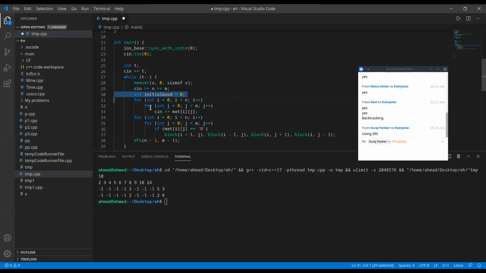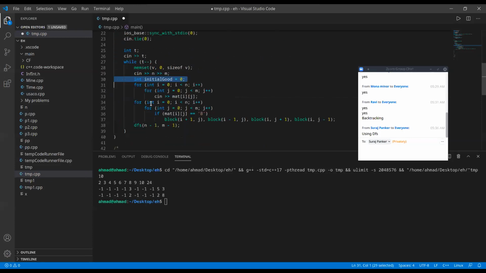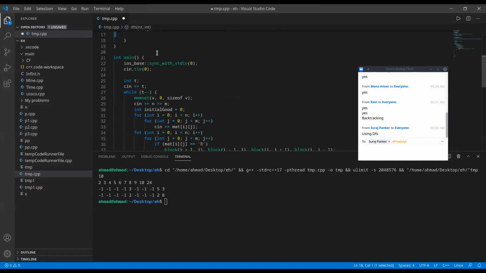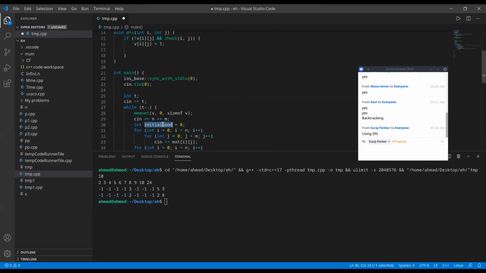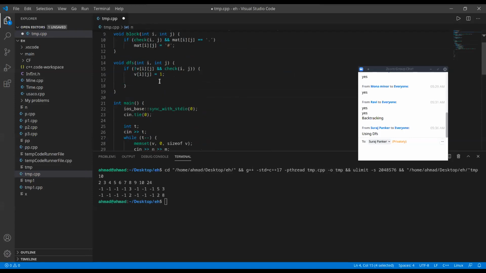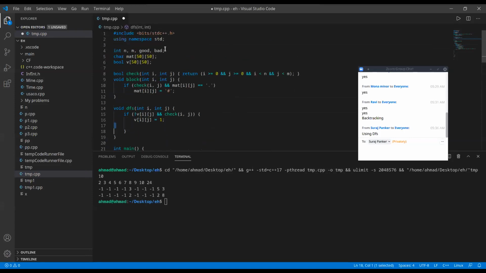So these are the initial good people in the matrix, and then we'll count them, of course. And after we run the DFS, we will count the good people we have reached. If initial good equals the good that we counted from DFS, then we're okay, all good people we've reached. And if the bad people we've reached from DFS is greater than 0, then we're not okay.